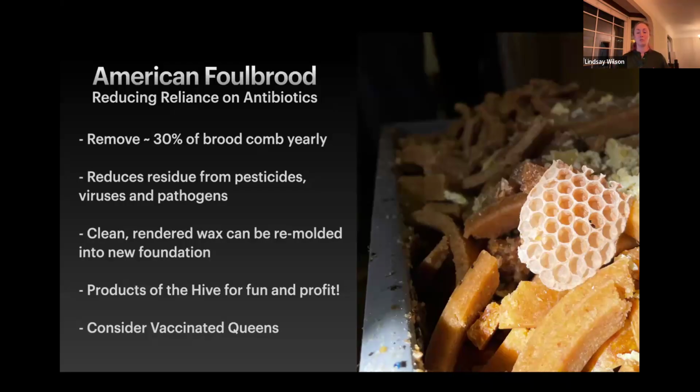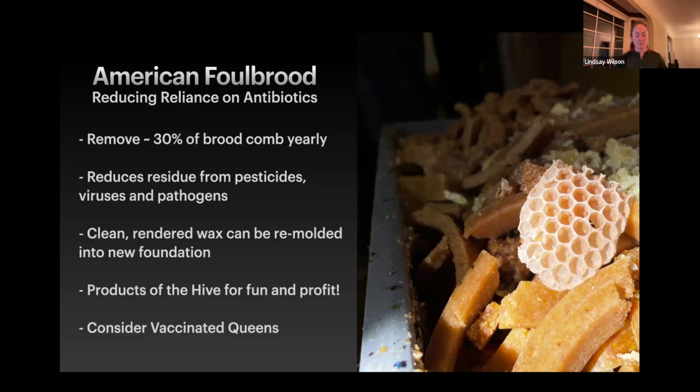Removing the old combs reduces pesticide residue, viruses, and other pathogens, including any old AFB spores that could be in there. You can always use the wax for products of the hive. I make candles and everybody gets them at the holidays, probably 2 or 3 years in a row at this point. And something I'm thinking about next year for the hives that I help manage is the American Foulbrood